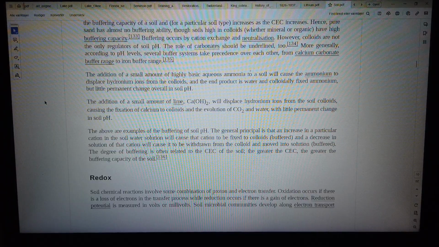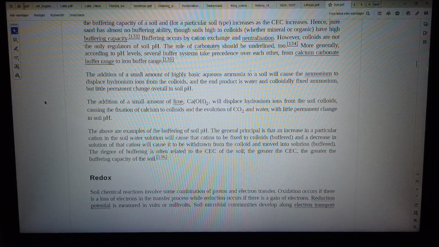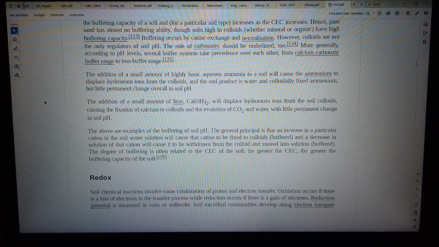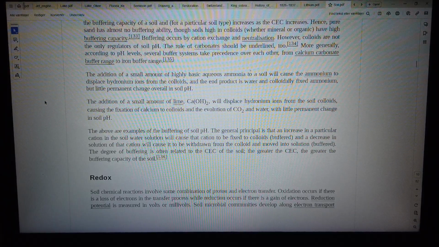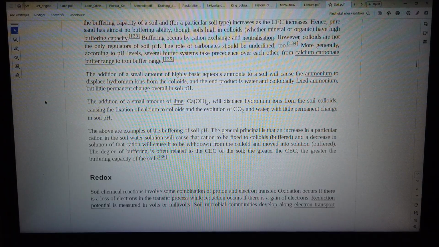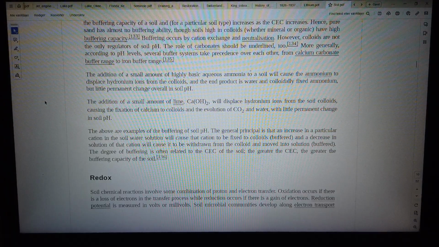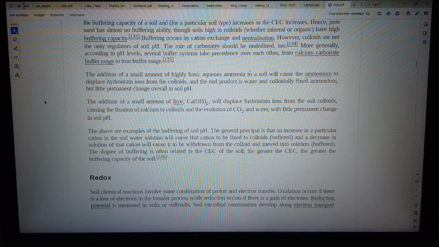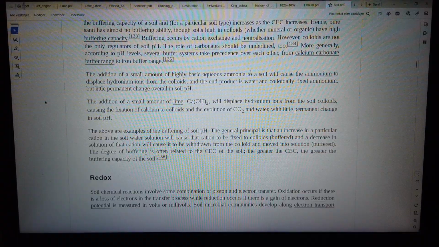The above are examples of the buffering of soil pH. The general principle is that an increase in a particular cation in the soil water solution will cause that cation to be fixed to colloids, buffered, and a decrease in solution of that cation will cause it to be withdrawn from the colloid and moved into solution, buffered. The degree of buffering is often related to the CEC of the soil. The greater the CEC,